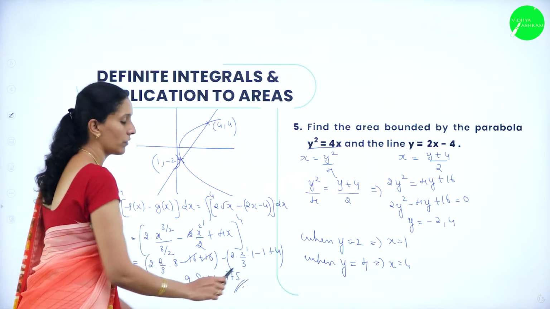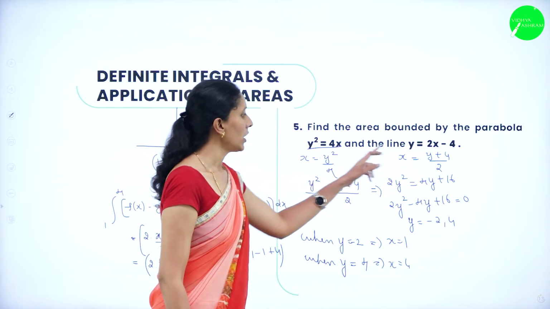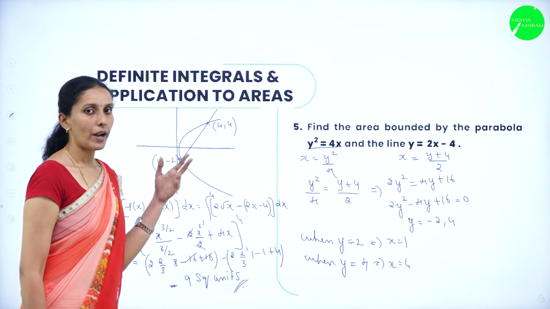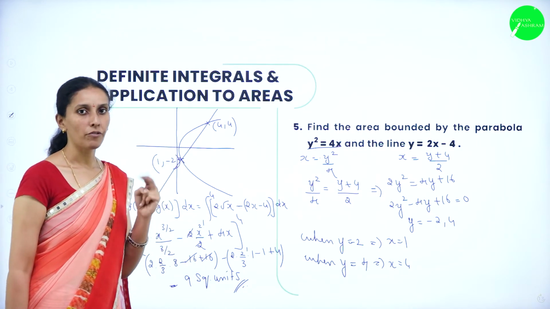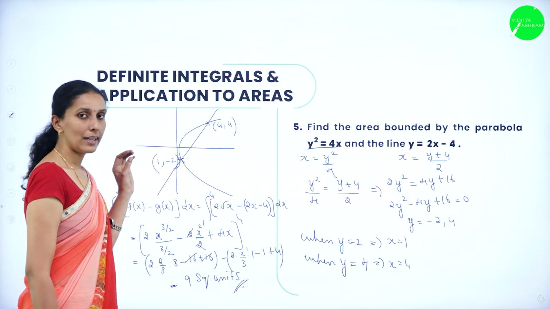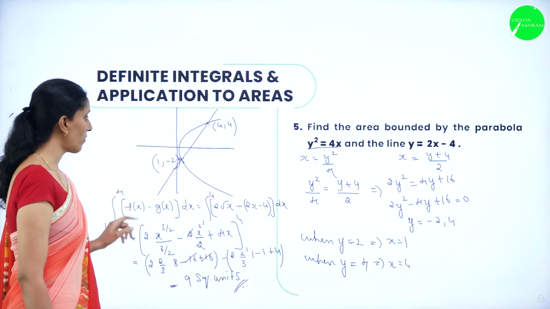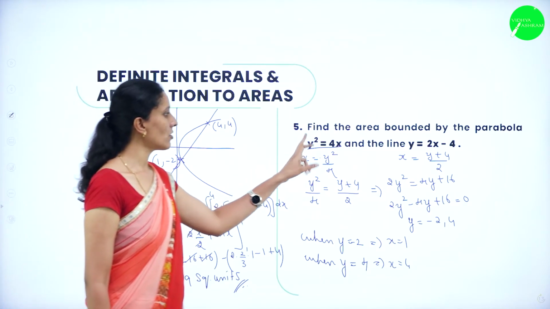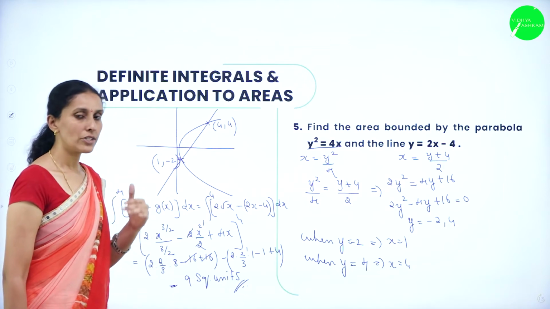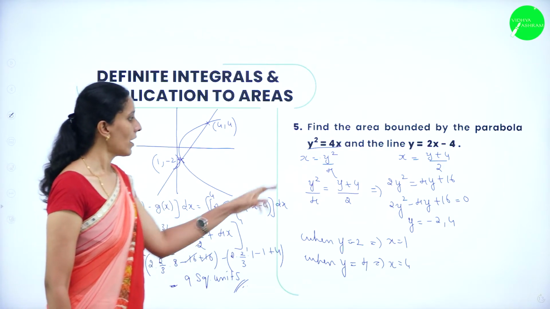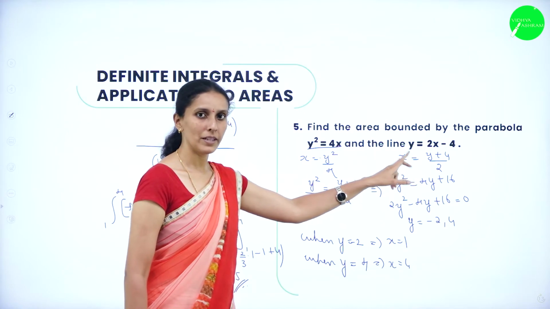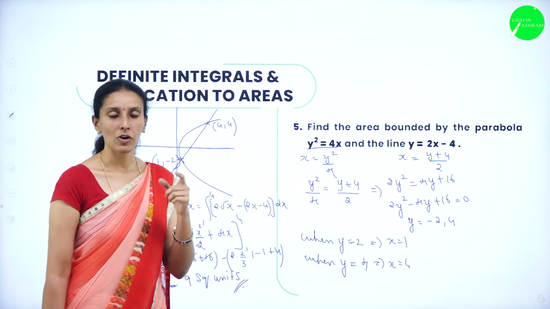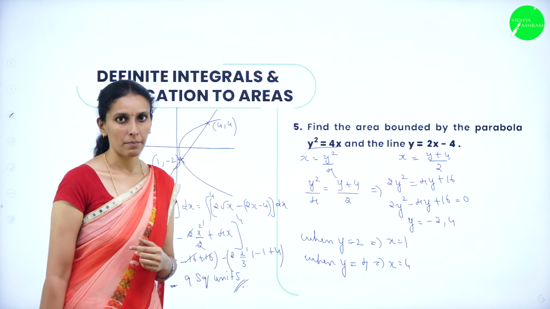So this is the area of the given region. First equate the given equations and find the point of intersection. You can do this solution by means of two variants. One is taking the limits of x: from 1 to 4, f of x minus g of x into dx, where this is your f of x and this is your g of x. Or else you can take it in the dy form also. F of y will be this, g of y will be this. You will get the same result, and there the limits are from minus 2 to 4 because you are taking y as the variable.